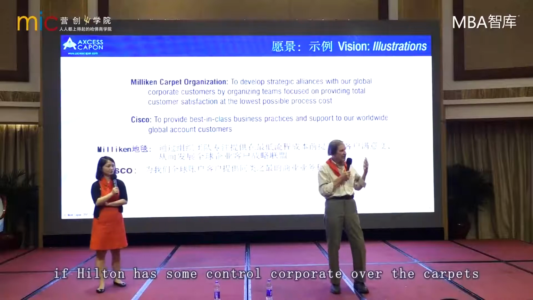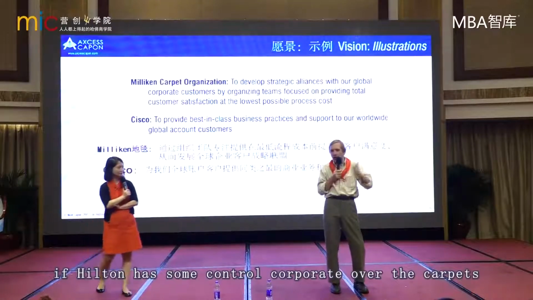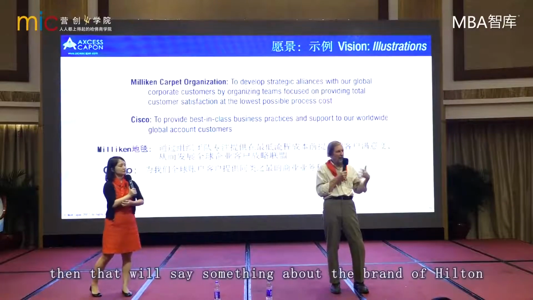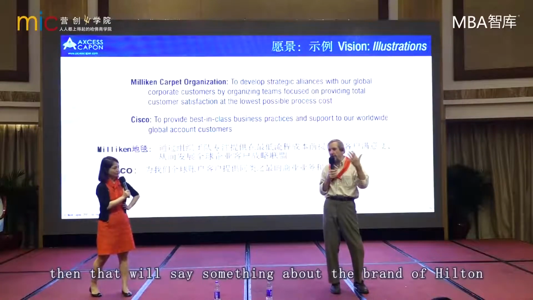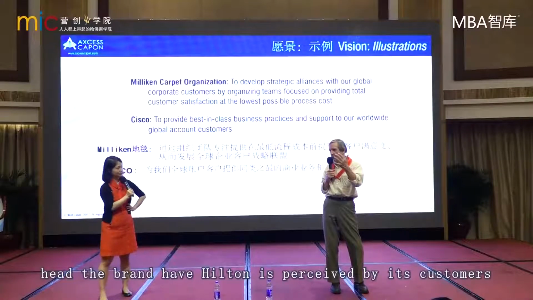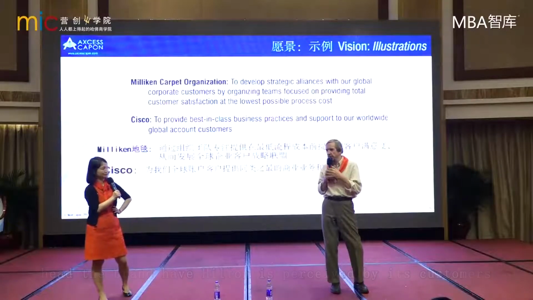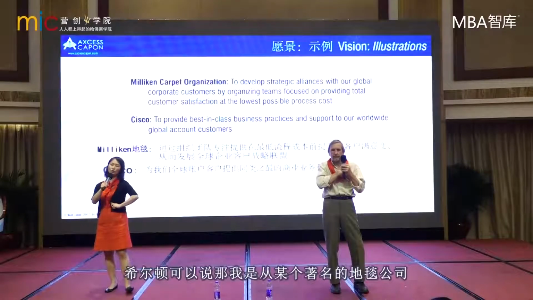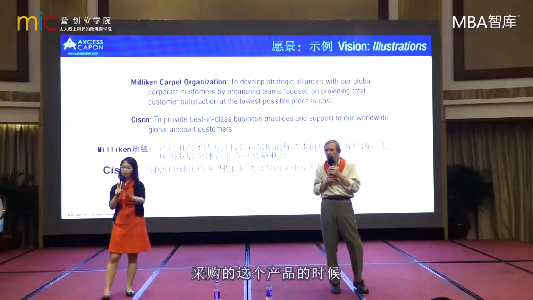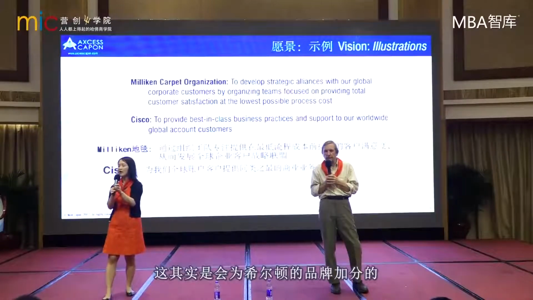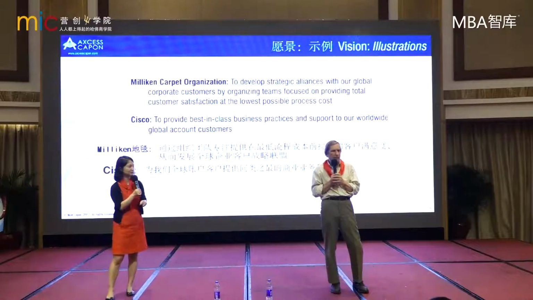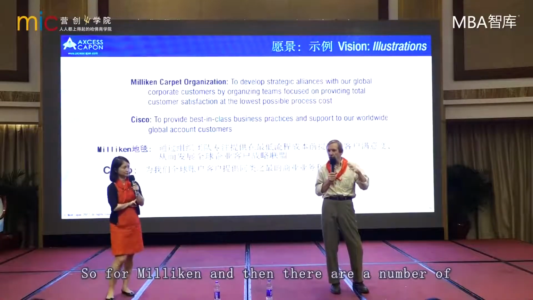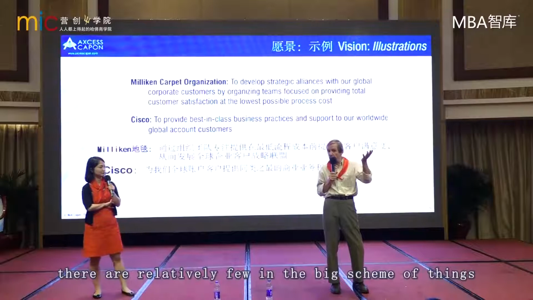Furthermore, if they're dealing with one supplier, they might overall get better quality than if they're dealing with different suppliers in different countries. 另外一个好处是什么呢？如果他只从一个供应商那里采购，那么他所获得的是一个稳定的质量标准，是一个统一的质量标准，而不是每个国家有每个国家自己的标准，难以控制。And there's probably a branding issue here for Hilton. If Hilton has some control at corporate over the carpets that are in all its properties around the world, then that will say something about the brand of Hilton, how Hilton is perceived by its customers. 还有一点就是品牌价值。当希尔顿可以说，我是从某个著名的地毯公司采购的产品的时候，这其实会为希尔顿的品牌加分。